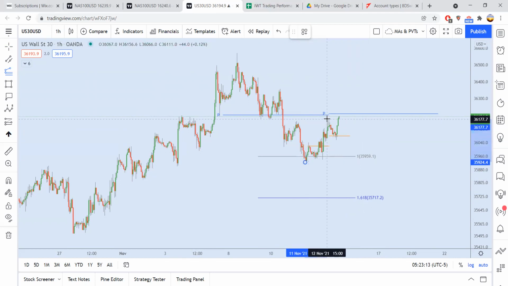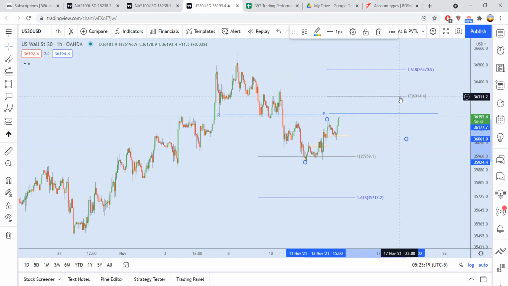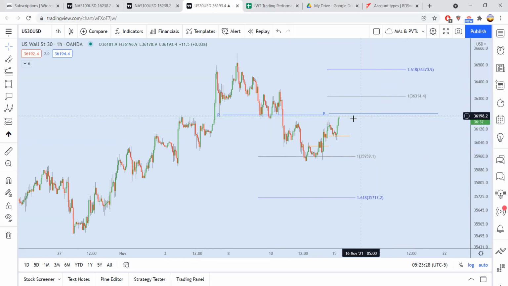I'm going to use the swing high here and this higher low, extend it, and there you get the two important Fibonacci extensions, the 100% and the 161.8%. It will not be easy because we have the weekly pivot. The US session hasn't started yet. However, as a buyer, as a bullish biased trader today, I'll be looking for pullbacks today in Dow to hold